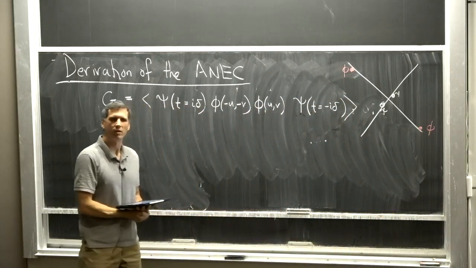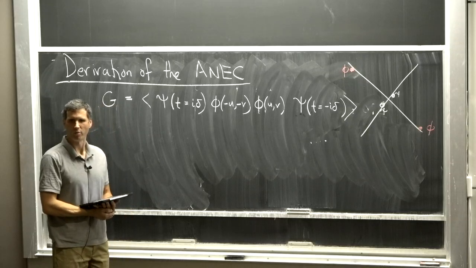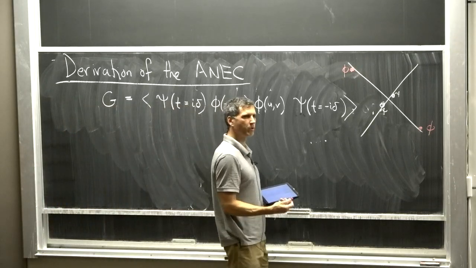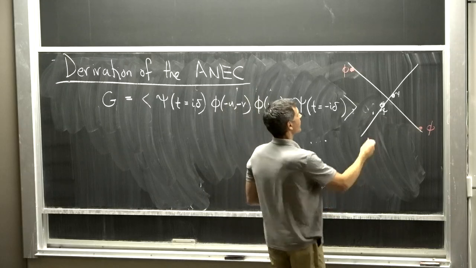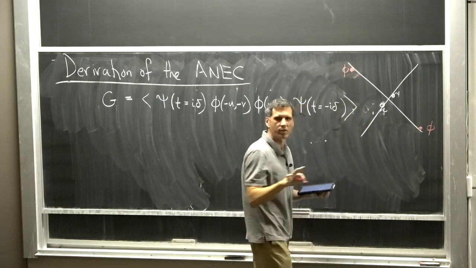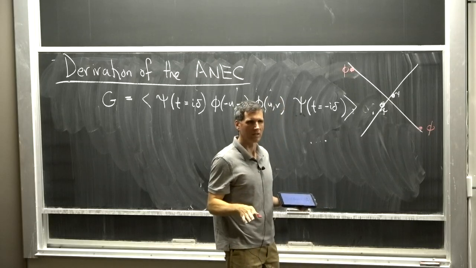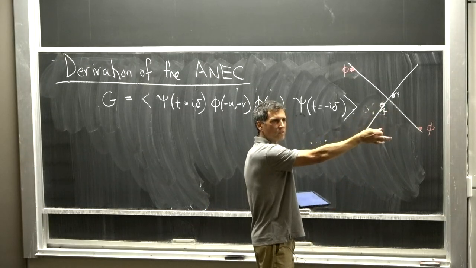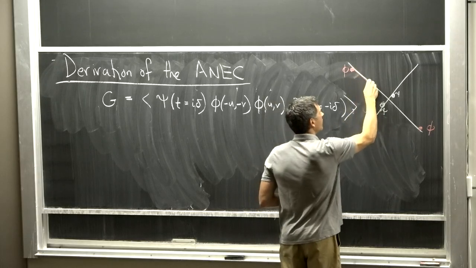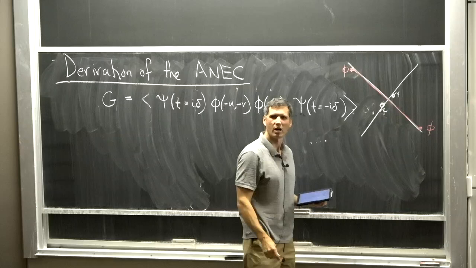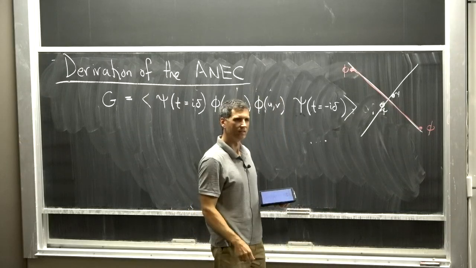And now we're going to impose causality on this 4-point correlation function. Sorry, one sec. Causality on this 4-point correlation function is a question of, as this phi approaches the light cone, is everything analytic in the way that it's supposed to be? And the connection to the ANEC is obviously going to be what we just showed, that actually this is going to behave just like the average null energy operator in the same configuration.